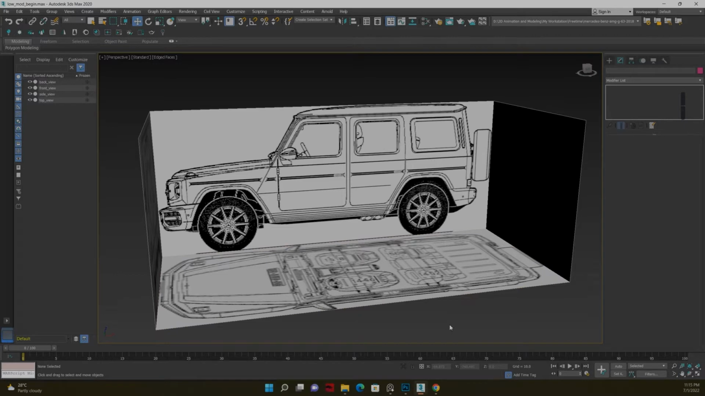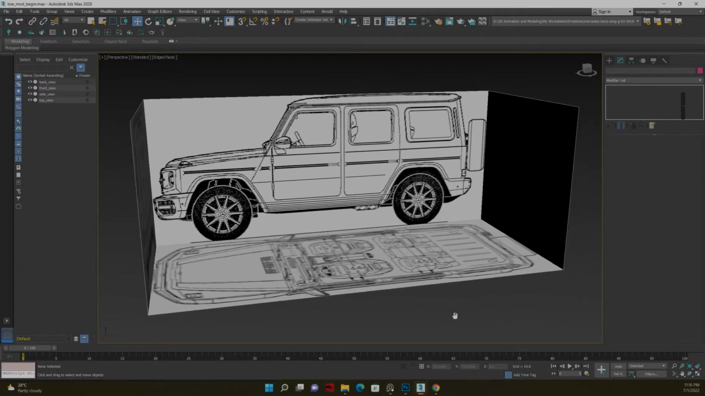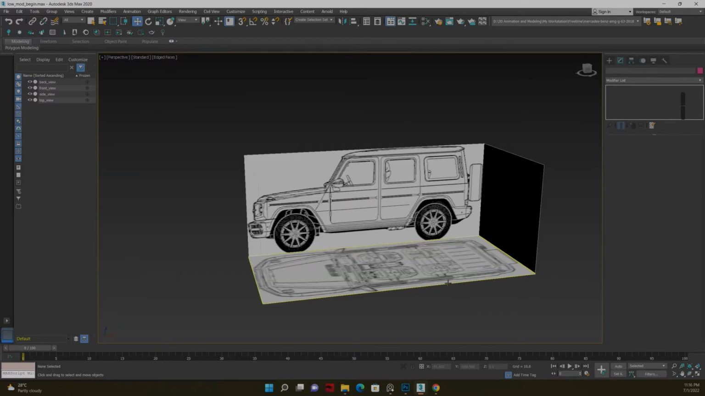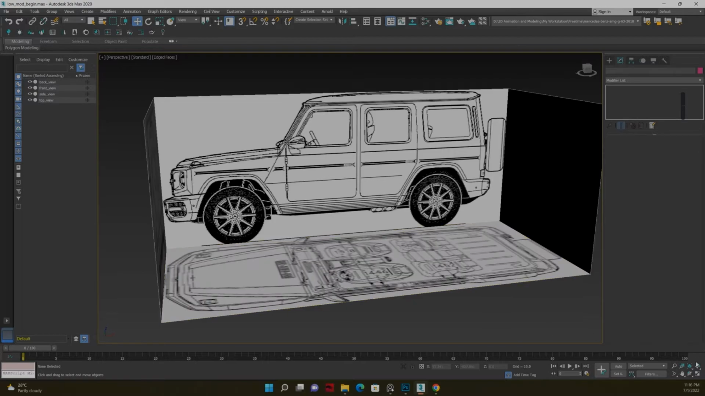Also, you can just press the mouse scroll wheel and you have the pan view. Also, by rolling the mouse wheel, you can zoom in and zoom out. Alright,